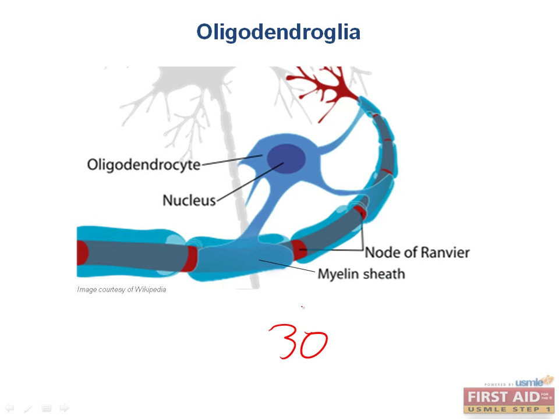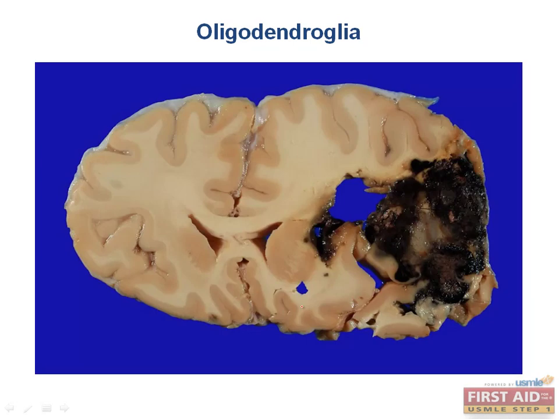Remember that white matter is myelinated axons while the gray matter is made up of cell bodies. In fact, myelin is what gives white matter its appearance. As you can see in this picture, this is the white matter, and then this would be an example of the gray matter. While appreciating the distinction between white and gray matter, you might also notice this huge tumor.